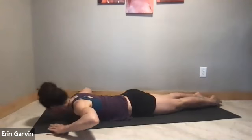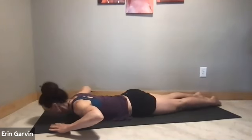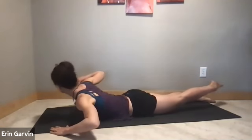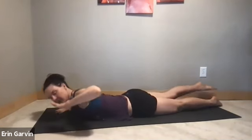Slow and controlled so you can feel you're working diagonally, kind of like when you walk and your arms and legs are in a diagonal pattern. It's like that. 10,